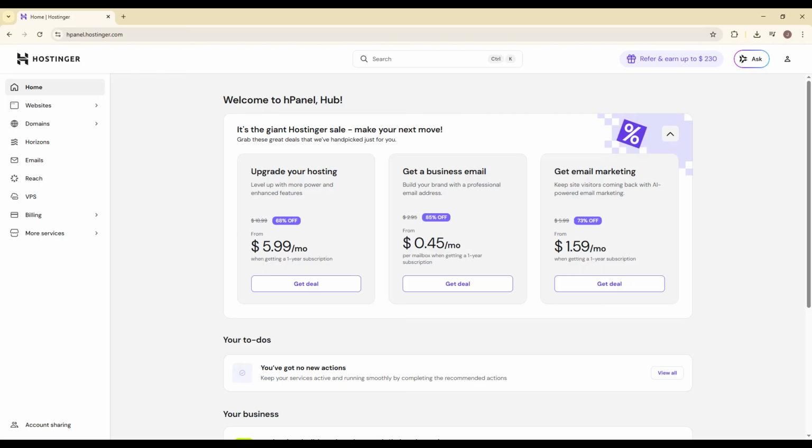The good news is that Hostinger makes this process very simple, and you can change the PHP version in just a few clicks directly from the Hostinger dashboard. In this step-by-step tutorial, I'll walk you through the entire process so you can update your PHP version safely and